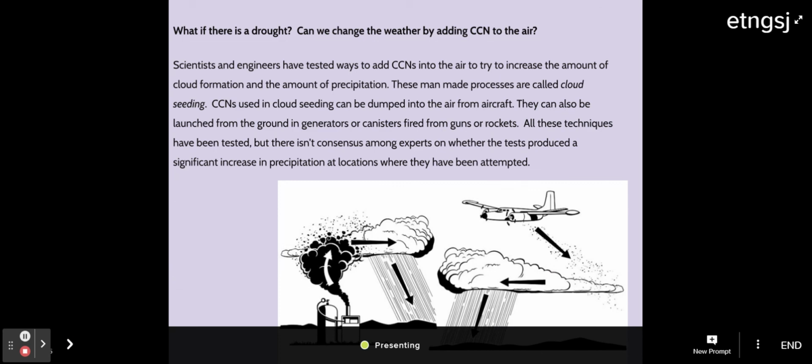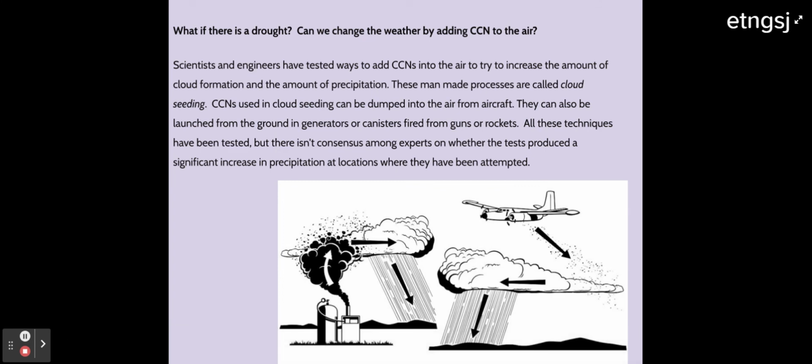Okay. What if there's a drought? Can we change the weather by adding CCNs or cloud seeds to the air? Okay, and the answer is yes. All right, scientists and engineers have tested ways to add CCNs into the air to try to increase the amount of cloud formation and the amount of precipitation. So a drought is a time with no water, no rain, and those farmers or those people need that water, right? So there are people that have tried this out, all right? So these man-made processes are called cloud seeding. CCNs used in cloud seeding can be dumped into the air from an aircraft. They can also